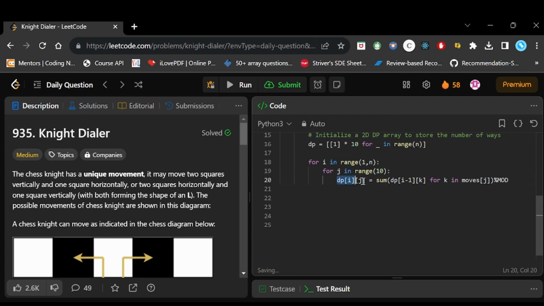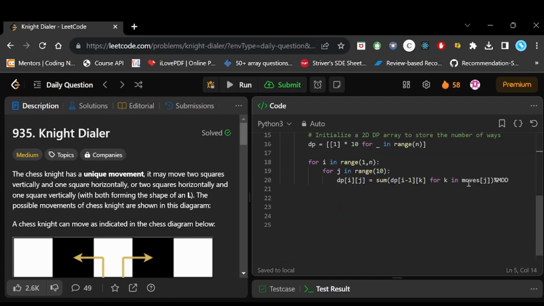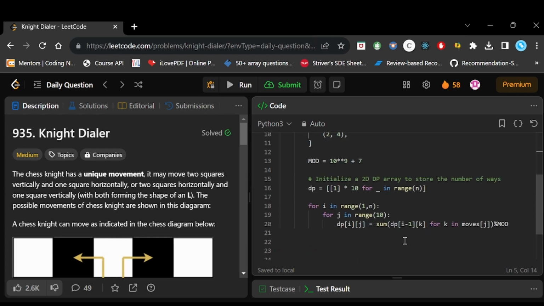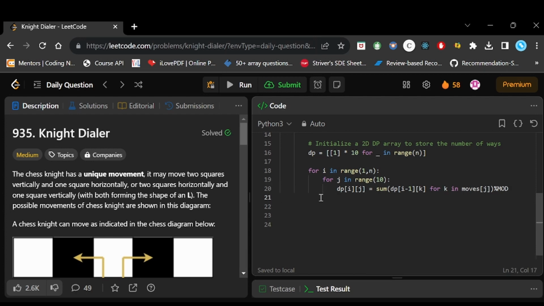This is the main step. Here we are iterating in the moves array, right? We have taken all the possible moves one by one, and we are summing them up in our dp. So now we have all the possible values in each and every cell.